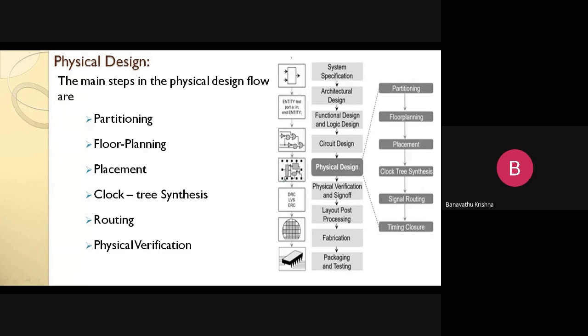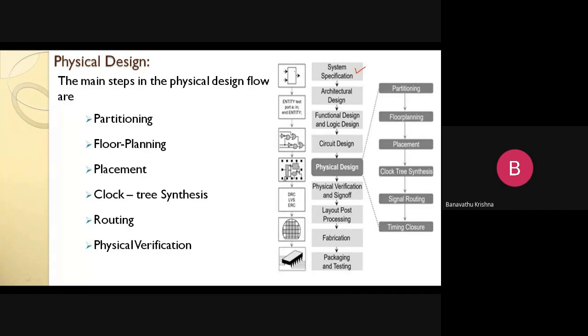So let us see the block diagram. Basically, we have an idea, and based on that idea we are going to design a chip. Before the chip, we go through the front end, which is the system specification. Suppose I want to design a half adder. What are the input terminals, how many inputs and how many outputs are going to be required for the implementation of a half adder?